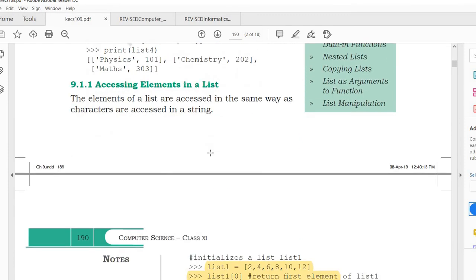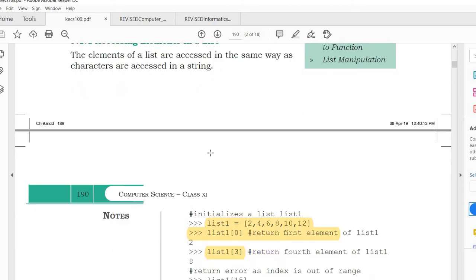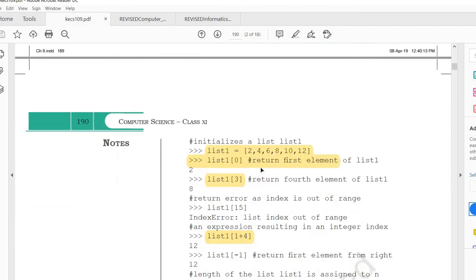Then how can we access the elements in a list? We can use the index operator. Just see the example. list1 = [2, 4, 6, 8, 10, 12]. The index position starts from 0. So 2 will be at position 0, 4 at position 1, 6 at position 2.